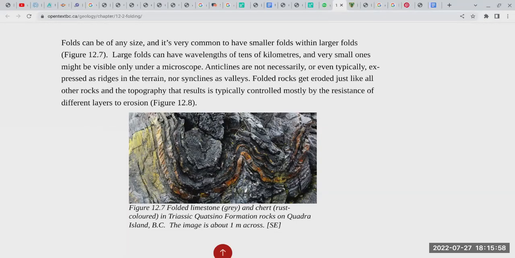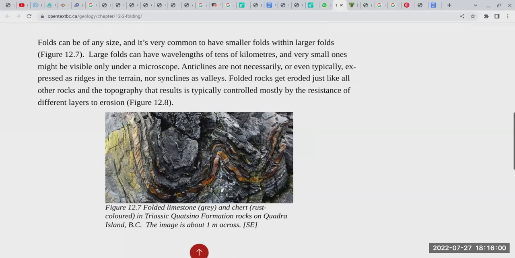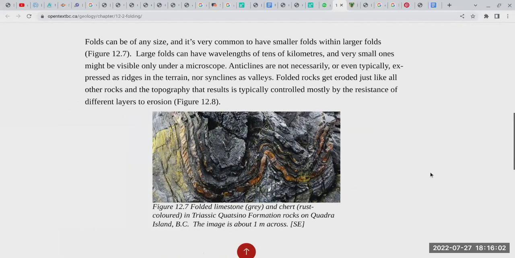Excellent. Because of what it looks like to me, I'm thinking that at some point in time over here, I'm going to have an overturned anticline. So when you go into the field, you have to be able to identify the types of fold. You know there are different types, and to be able to explain what is happening. So this is what I'm going to be doing. I'm going to be giving you something similar to this, and I'll ask you to